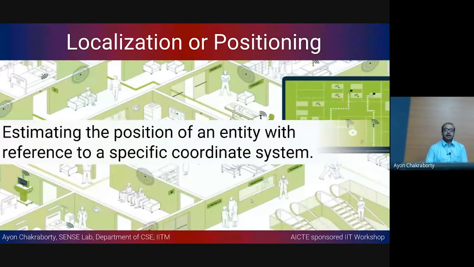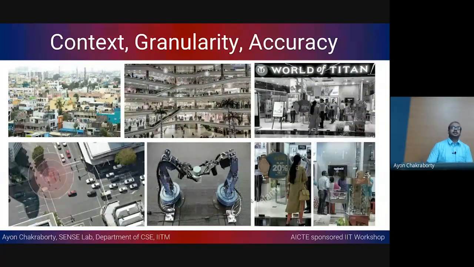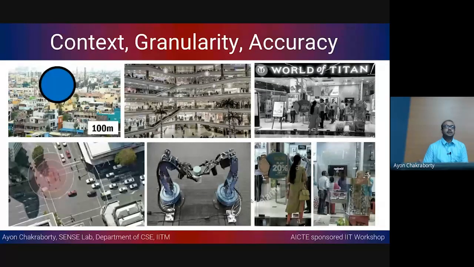So we'll get back to the discussion of bringing context into localization. On the top left of the slide we see the picture of a city block. Sometimes we want to know in which part of the city block a phone call originated, or in which part of the city you are approximately in. In those cases, our application is often enabled if we have a location accuracy or granularity within a 100-meter scale. So every 100 meters I am probably interested in knowing whether you are in this part or block of